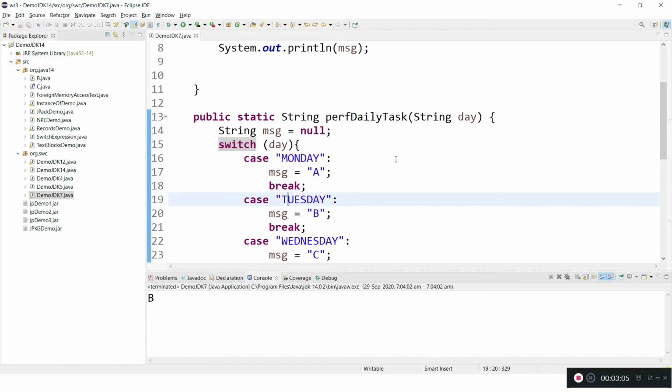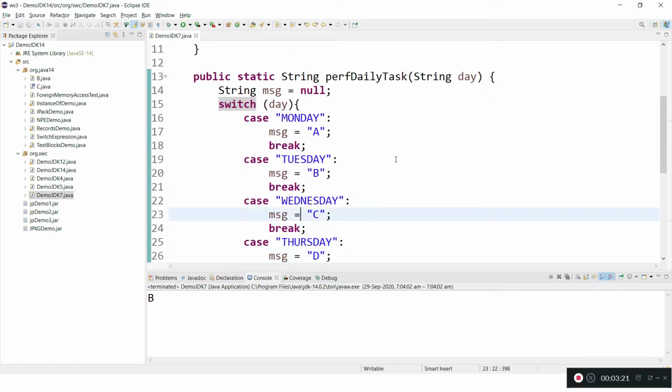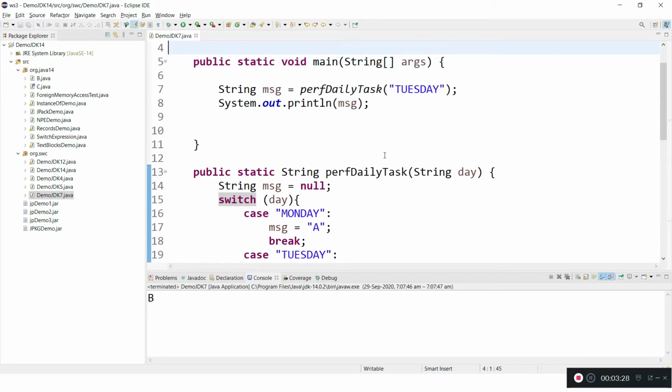The other thing is, if I forget to keep a break, it is going to execute other cases as well, that is fall through. This is a bit annoying because we might forget to keep breaks. Let's see, this is the output of B as I passed the string Tuesday to the switch statement.